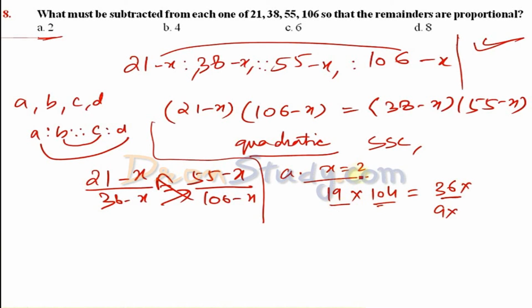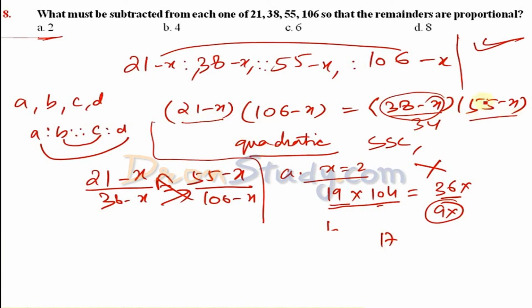See, this point is very important. Look here, this doesn't contain 9, so this option is not possible. Now taking B option, it is 4. Now 21 minus 4 is 17. Now you must be very sharp. See that if we subtract 4 here, we get 34. It is a multiple of 17.